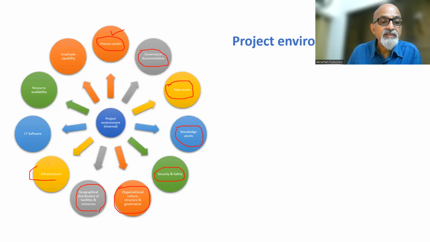Then the infrastructure available for project execution, because we cannot assume everything. Even for a training program, when we request for stuff, we have to be very, very clear about the availability of these things. Now, we may assume that a particular equipment is available in that particular geography, and based on that assumption, we may plan the project. But when we really get into the field, these things may not be available. That can